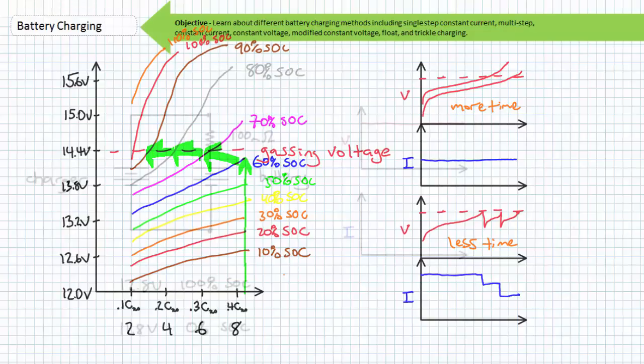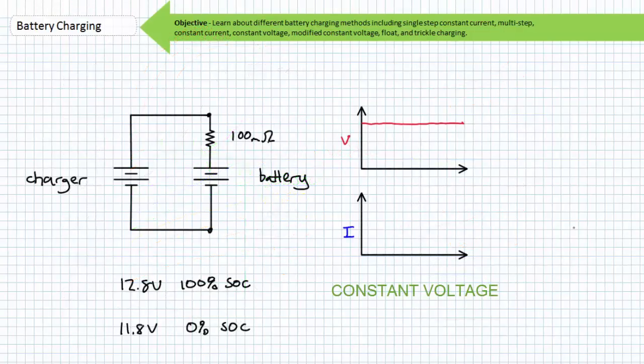Allow me to demonstrate. Consider a nominal 12-volt battery with 100 milliohms of internal resistance. Recall from the Introduction to Batteries lecture that open circuit voltage can be used to approximate a battery's state of charge. A fully charged battery with 100% state of charge might exhibit an open circuit voltage of 12.8 volts, whereas a deeply discharged one with 0% state of charge only 11.8 volts. Assuming linearity, a battery exhibiting a 12.6 volt open circuit voltage might therefore be approximated as having an 80% state